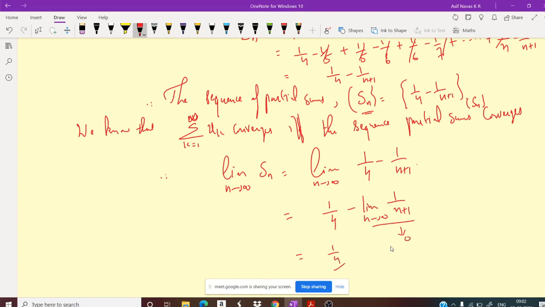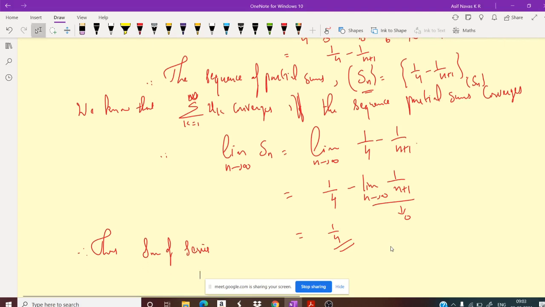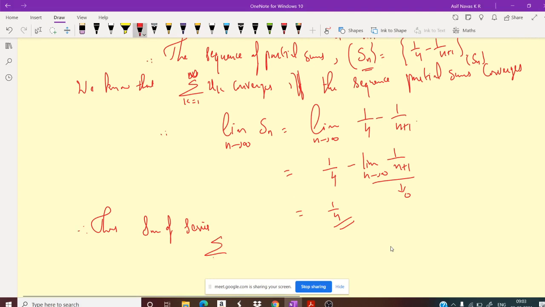Therefore, 1 by 4 is the sum. Thus the sum of the series sigma k equal to 1 to infinity 1 by k plus 3 into k plus 4 is equal to 1 by 4. Okay. So this is all about telescopic series,